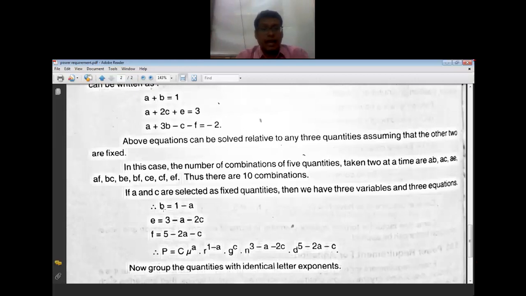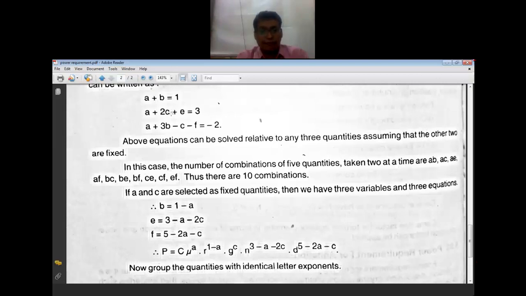So b is written as 1 minus a from the first equation. e is written as 3 minus a minus 2c, and f is written as 5 minus 2a minus c after simplification, substitution of the b in this equation from the first. So it becomes equal to minus 2a minus c. This is the simple substitution, that is, we are writing in terms of a and c. All the three equations are written in terms of a and c, so that we are going to eliminate b,